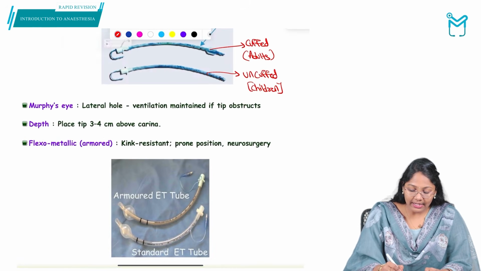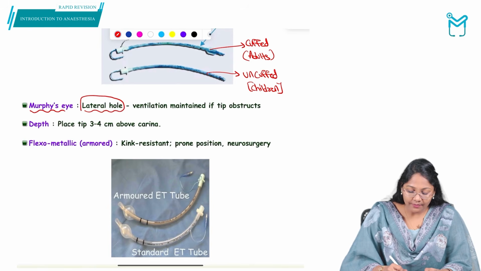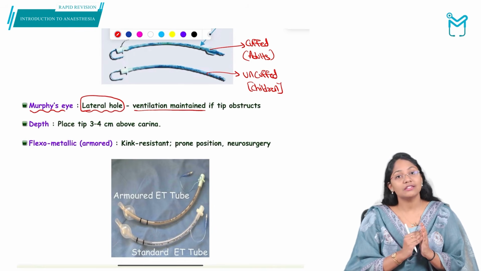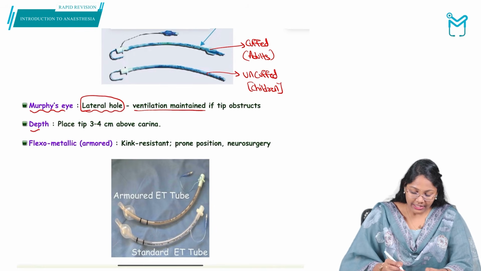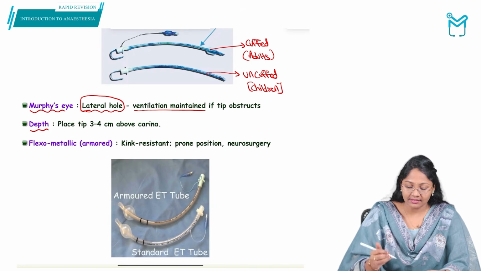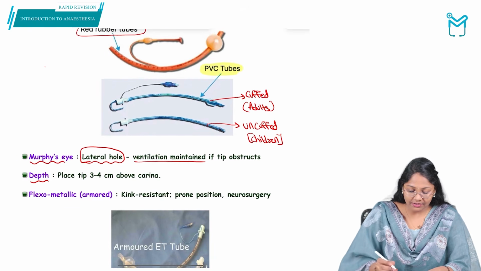Now, as I have already mentioned earlier, the Murphy's eye is like a lateral hole which is used for ventilation if the tip got obstructed. Now coming to the depth of it, how do we insert the endotracheal tube inside? For example,